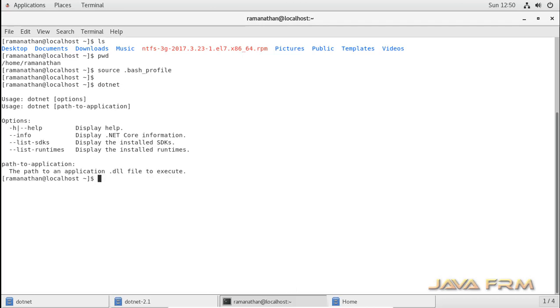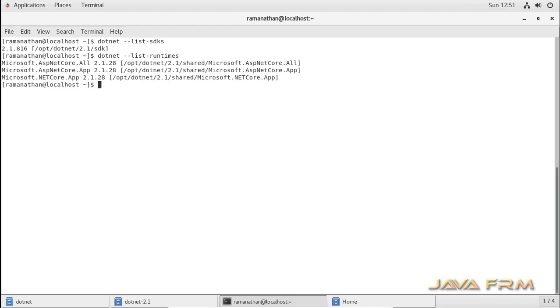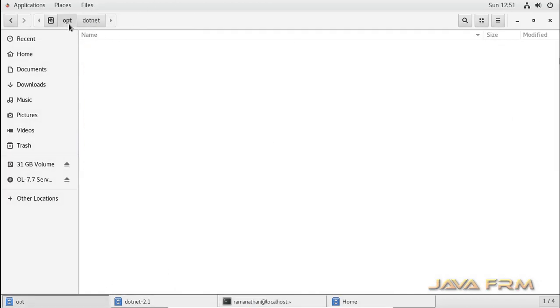Next I am executing .NET commands. dotnet --version will give you the latest version. dotnet --list-sdks will give you the list of SDKs available. dotnet --list-runtimes will give you the list of runtimes installed. So these are the basic .NET commands used to check whether .NET is installed properly or not. Okay, so we installed it perfectly.